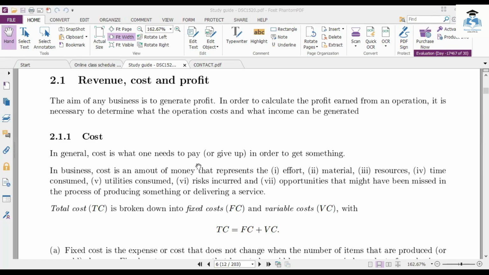Okay. So a cost is what one needs to pay or give up in order to get something. Obviously, when you are doing business, we all understand that the reason why we do business is because we want to make profit. But for you to make profit,